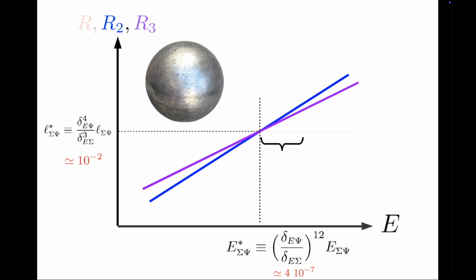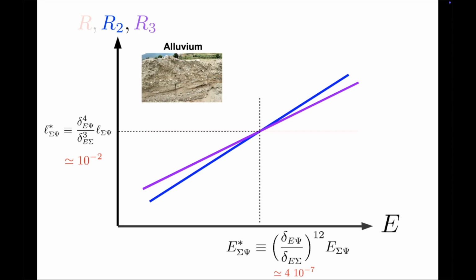For more realistic contexts, like that of cavities and craters in alluvium, the critical size and energy become even more reasonable. For instance, if the density is around 1.7 tons per cubic meter, multiplying by the standard acceleration of gravity on Earth, we get a weight density around 1.7 times 10 to the 4th Newton per cubic meter. Facing this weight density, if the elastic modulus is around 1 gigapascal, then the bare critical length is around 60 kilometers, and the energy around 2 times 10 to the 23rd joules.